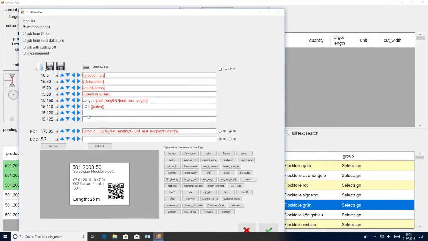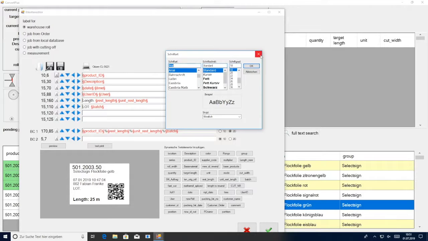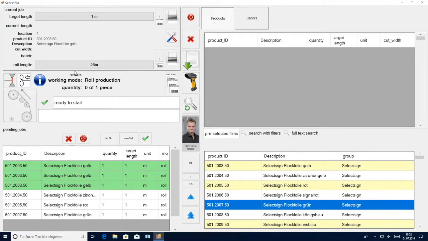Here we are able to position the certain fields with the blue arrows, and we can also change the font sizes with this button right here. We are also able to display lot numbers on labels and during the converting process.